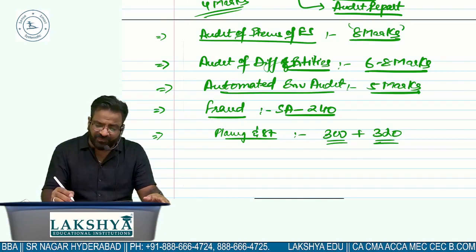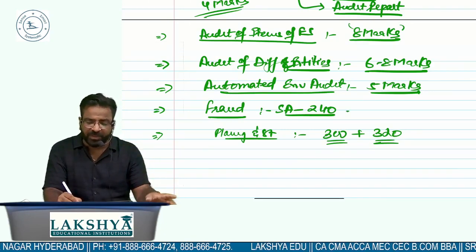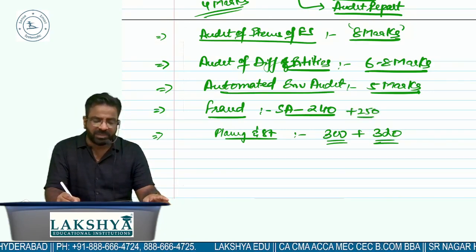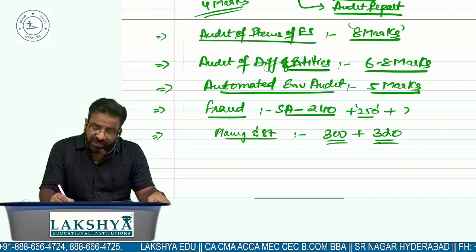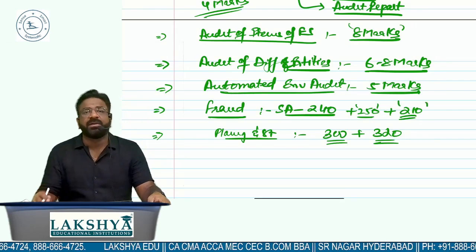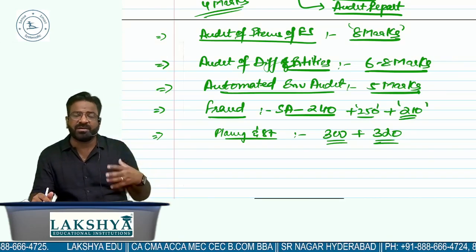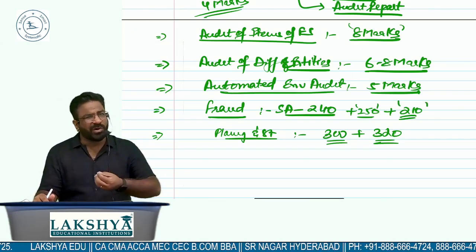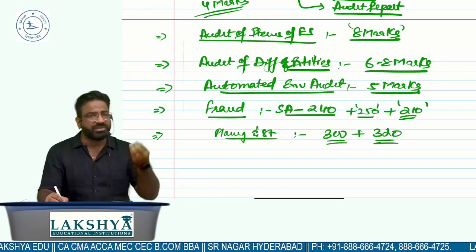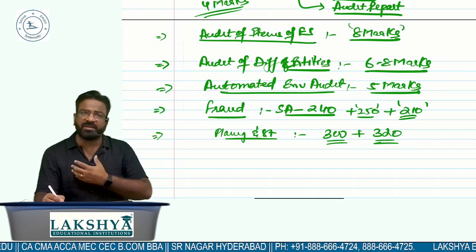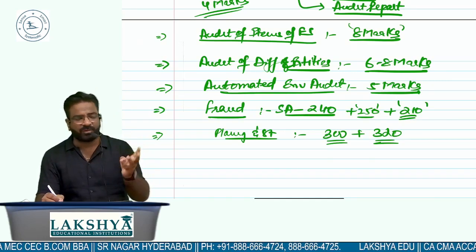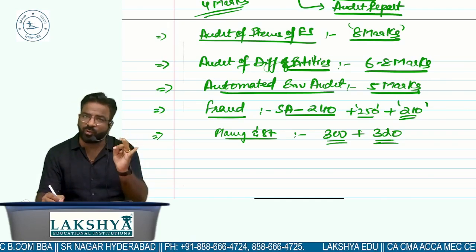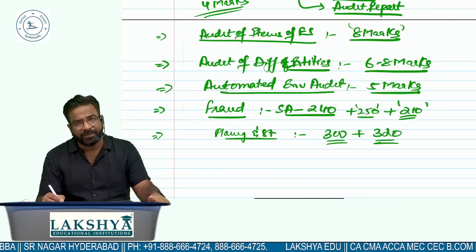Other standards, if I'll say, along with 240, do read 250, consideration of laws and regulations, and do definitely do 210. 210 initial audit engagement terms, agreeing to the audit engagement terms. 200 anyways, the chapter number 1, which is nothing but called nature, scope and objective. If you'll do that chapter, 200 series will be almost covered in that only, because you know that 200, 210 and 220 we did it in that chapter, right?